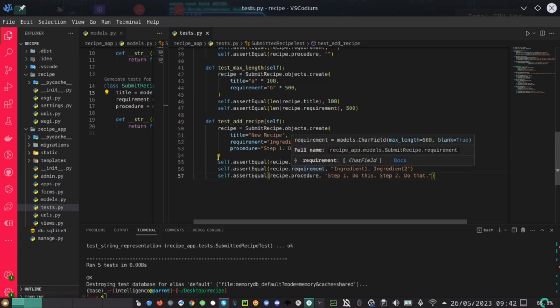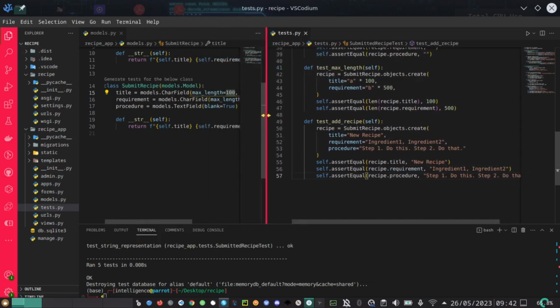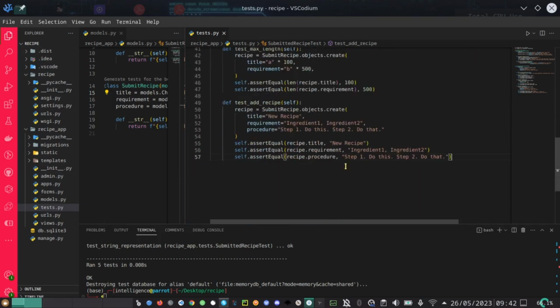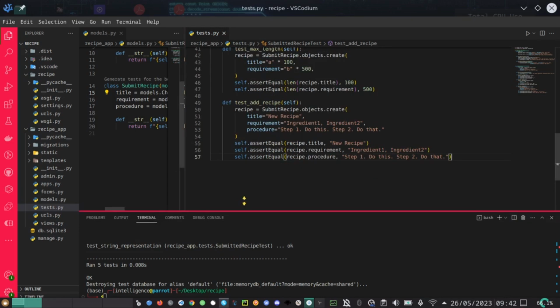You are asserting that the values being submitted in our submit model are the correct values within this test. So when I run, for example, now